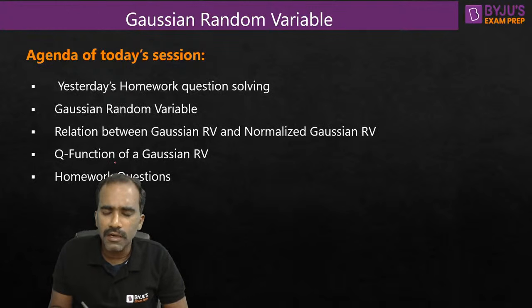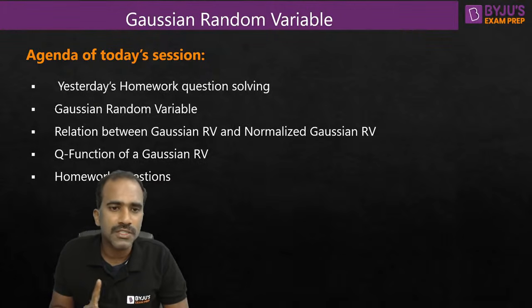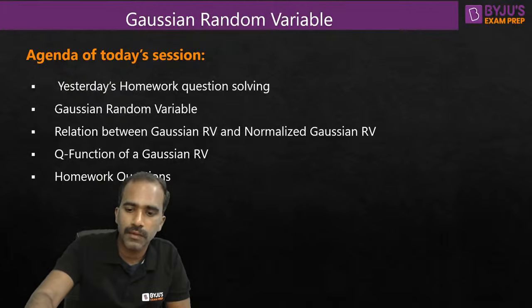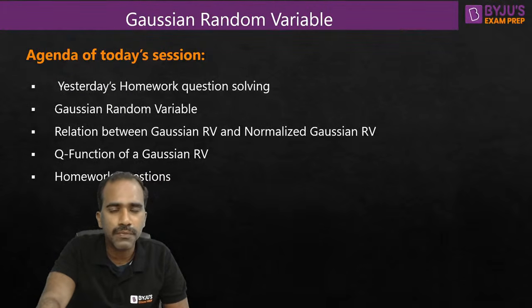There are lots of important things that we have to understand about Gaussian random variables. We are going to go one by one, step by step, so that you can understand things easily. This session is very important, guys, so you have to focus very carefully. If there is any slight doubt, just go through the session once again. It will be very helpful.